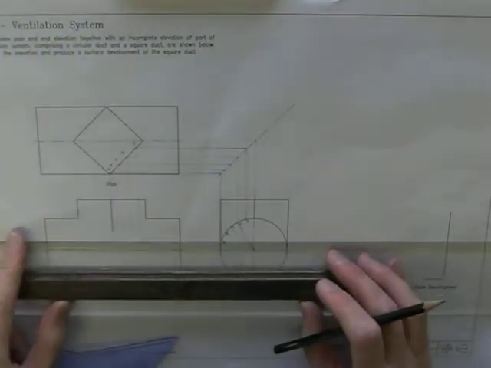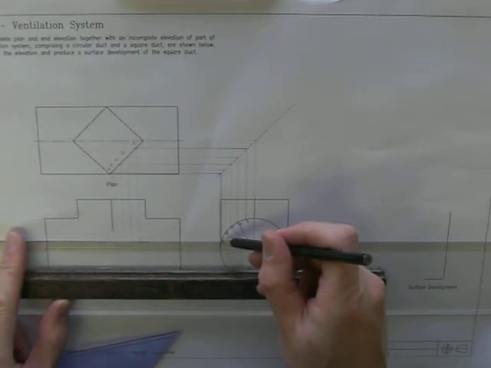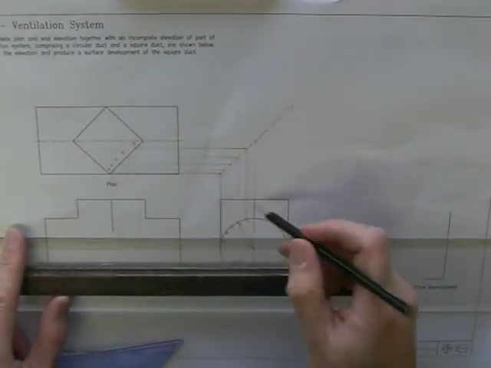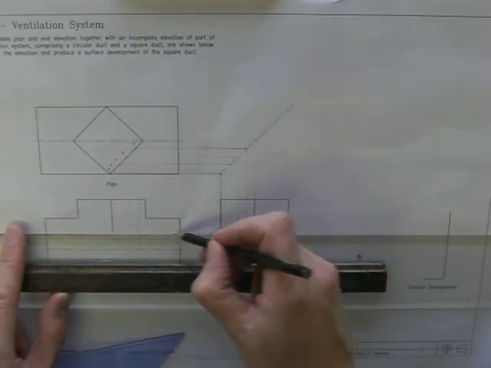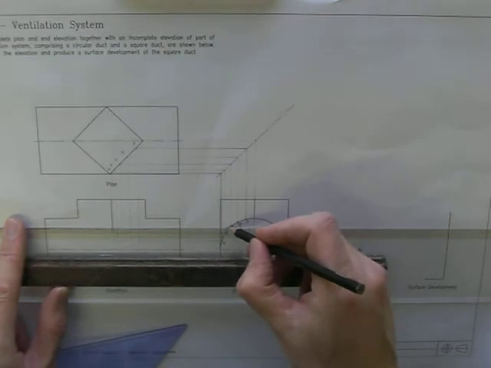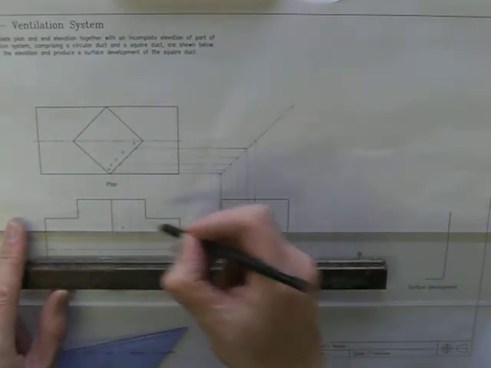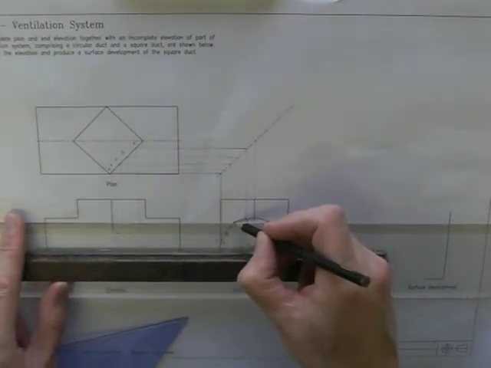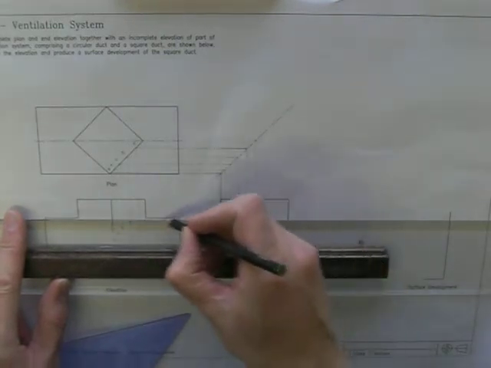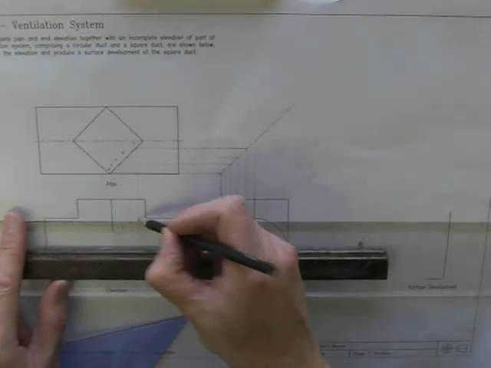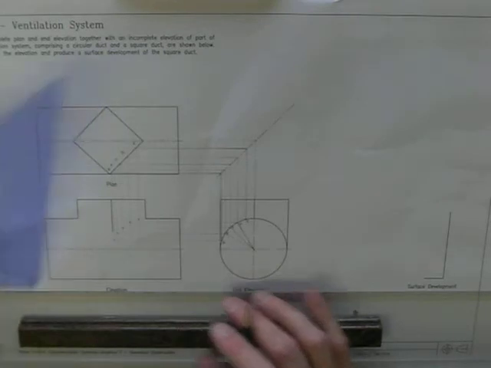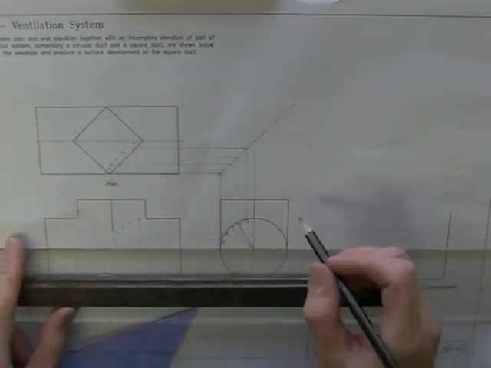project across from A. So there's A coming across and meets A there. B comes across and meets B there. C comes across and meets C there. D comes across, meets D there. And E comes across and meets E there. Now what I can do is I can extend